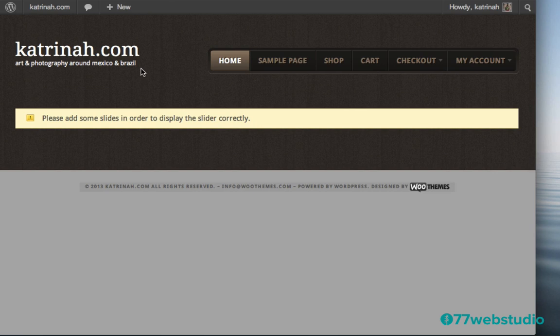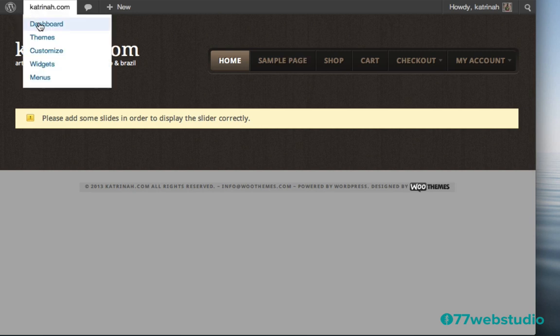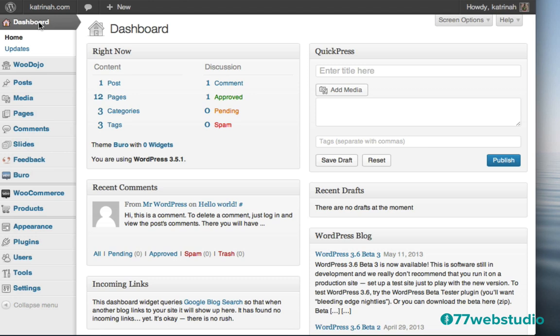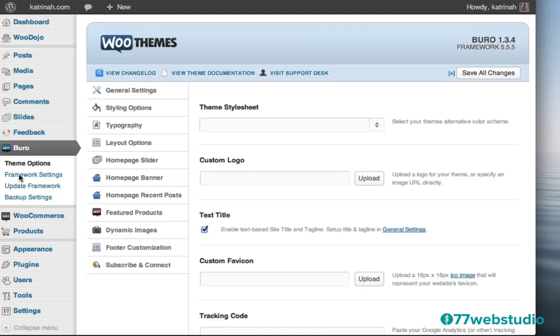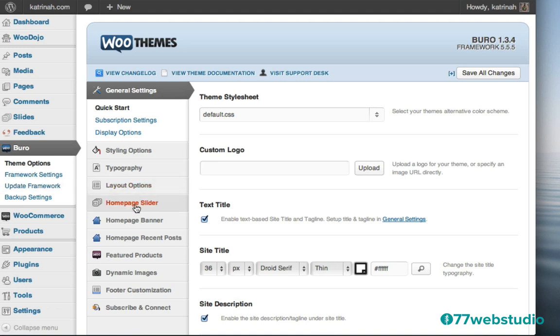Now the next thing I want to do is I want to add the slider here. We'll go back to the menu in just a few moments, but it says please add some slides in order to display the slider correctly. So let's add a few slides. I'm going to go to the dashboard, and I am going to go to Bureau right here. And here you'll notice that on the left-hand side there's some homepage options that you can select.